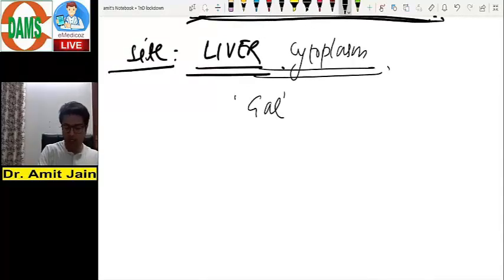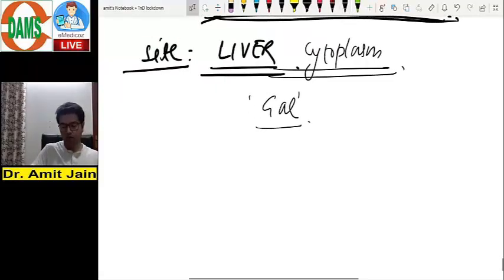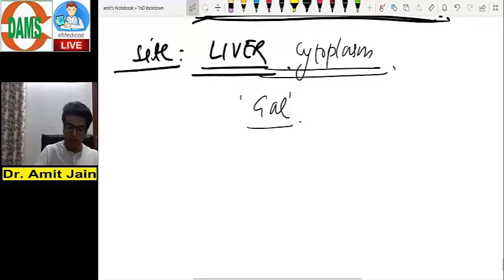So what is the source of galactose? Like milk is one of the everyday sources of galactose. Milk and the milk products. So galactose is converted